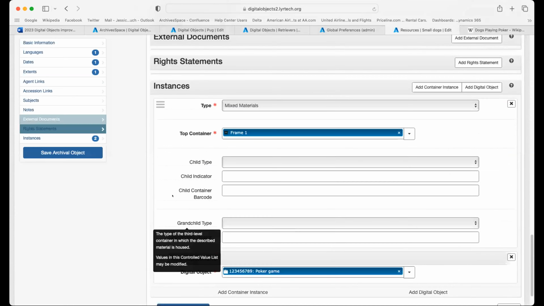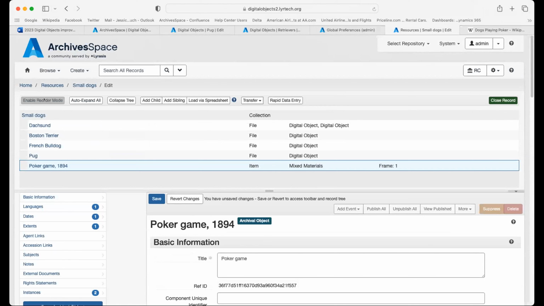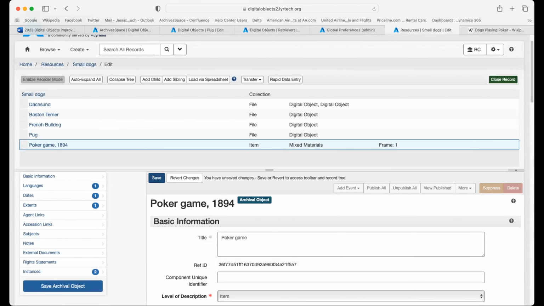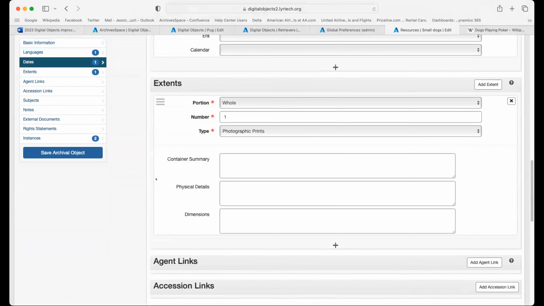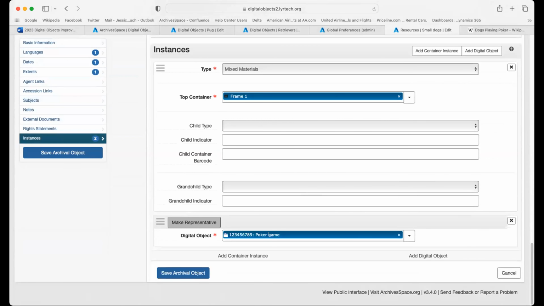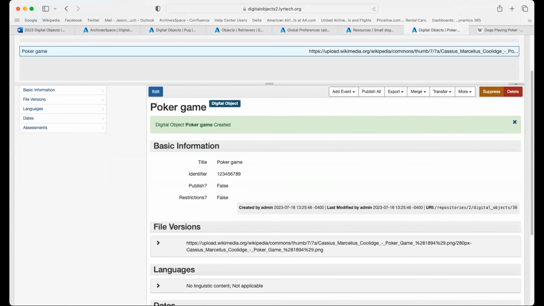So we're still in our archival object record. We still can look at our resource record and all of that. And we do need to save our changes. Make sure you are saving your changes as you go, but you have also created a new record. So I'm going to go back down. I'm trying not to go too fast. So you see here, anytime you see a blue highlight like this, that means this is a record that you can go and view, and it exists separately from the record you were just in. You can link the two together, which we've already done, but you see we now have this brand new record,